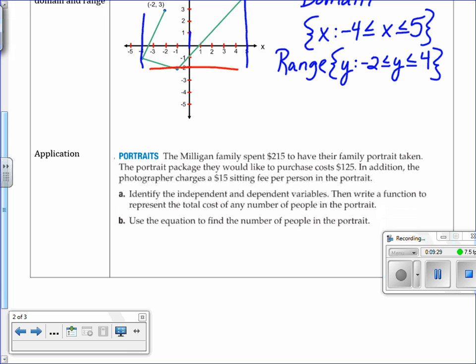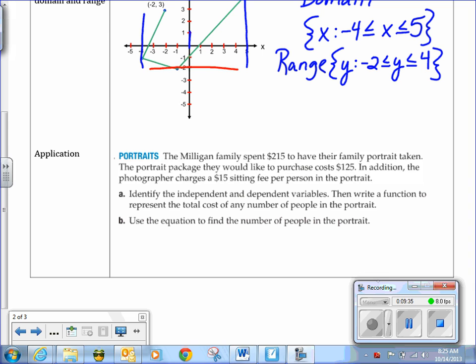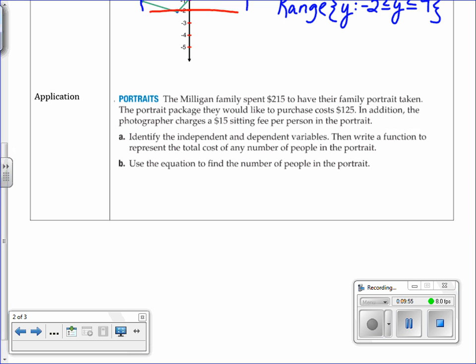Now we're going back to functions, and we want to talk about how to apply it. This is an application problem. I'll let you read the problem. If you need to pause, please pause. Identify the independent and dependent variables, then write a function to represent the total cost of any number of people in the portrait. We're going to get more into function notation, but we can most certainly talk about how to set this up in an equation. So since the cost